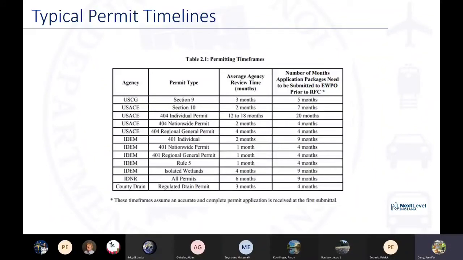So here, this is just pulled from our permitting manual. It's typical permit timelines. Just as a refresher, we still get these questions like, how long is this going to take? So we just wanted to show you this. Please note, though, we will do a separate virtual chat on CIF permits, but just take note here that this does say 6 months average agency time for DNR permits and 9 months. It should be to us ahead of RFC. You want to make that more like 9 months to a year because they are taking longer than when this was published.